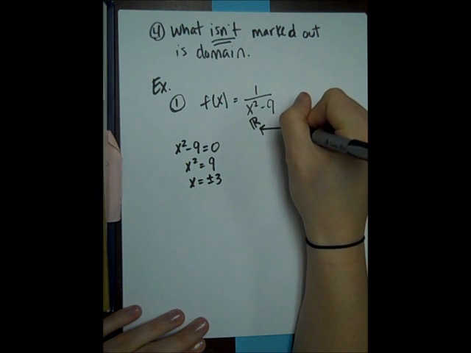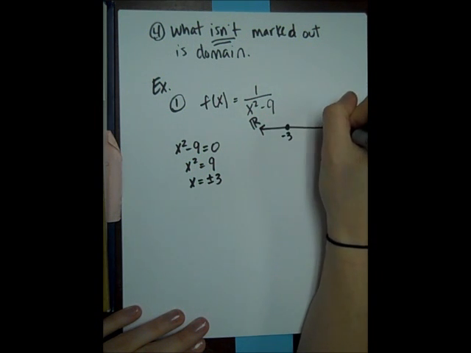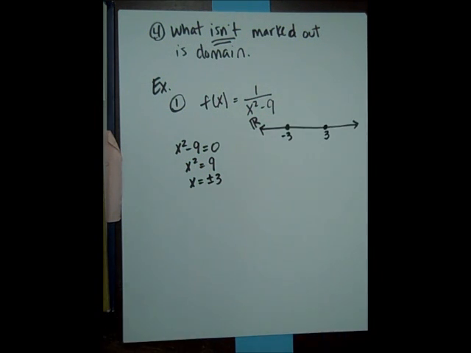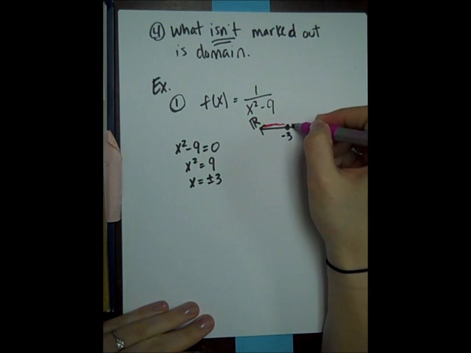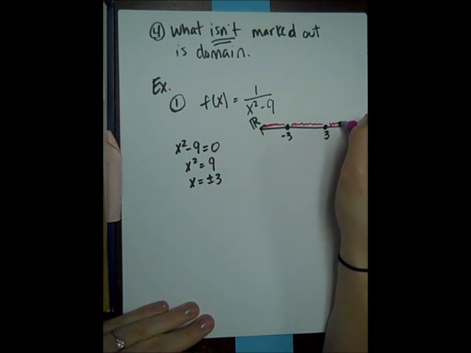Now come up here and mark those out. Moving on to step 3, do I have any even roots? Well, I don't have any roots in my problem, so the answer there is no. So I go on to step 4. What is not marked out is my domain. So let me get a different color here. What is not marked out? All of this was not marked out, all of this was not